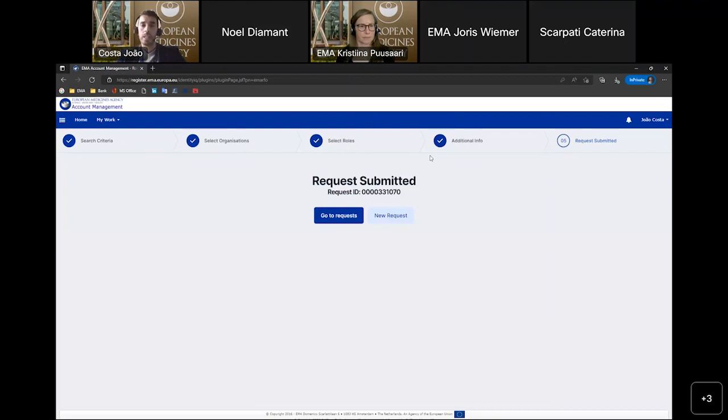So this is in the end the steps to proceed on how to request a role. What happens next? The administrator of your organization receives an email notification informing that a given user has submitted an access role request, and the administrator needs to come to the register.ema.eu webpage.